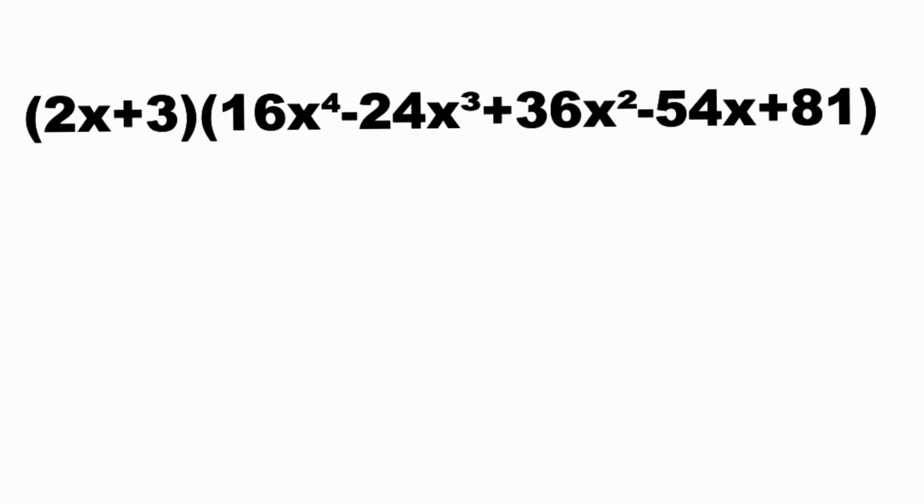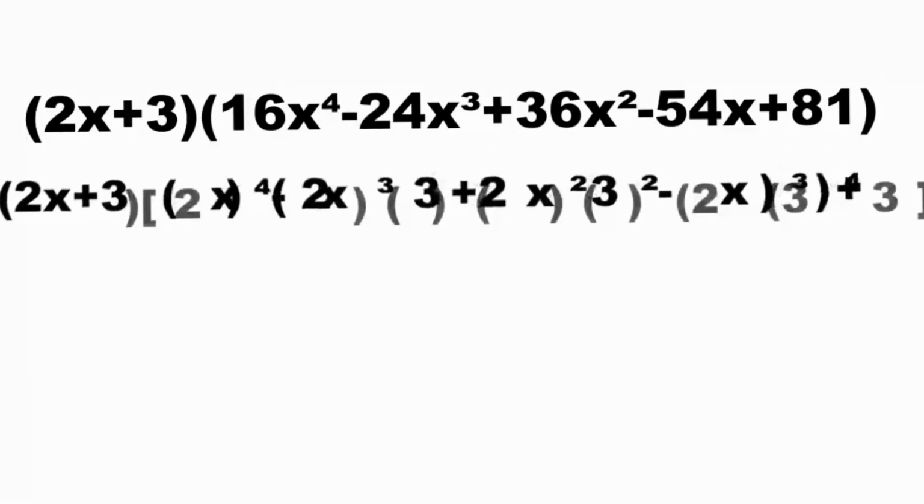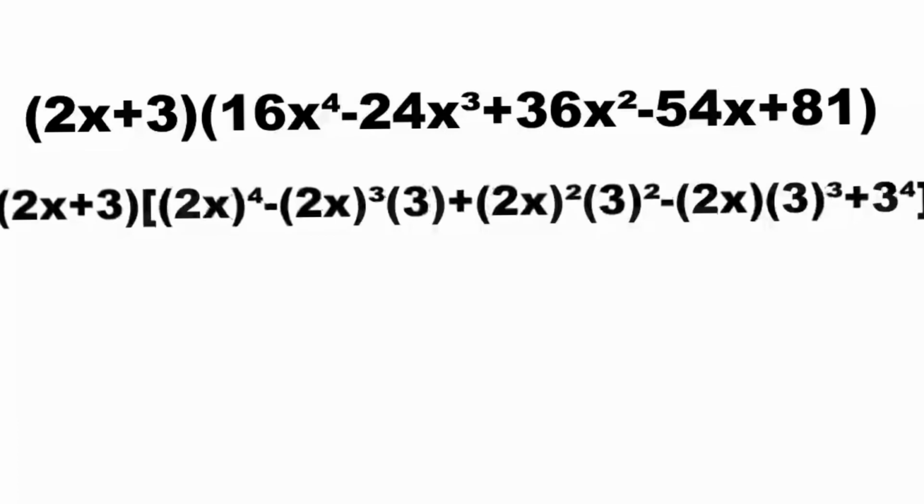So you are going to get the answer. You can simply make this one more clear. This 16x to the fourth is from 2x to the fourth, and this minus 24x cubed is from 2x, the quantity 2x to the power of 3, which is 8, times 3, which is 24,